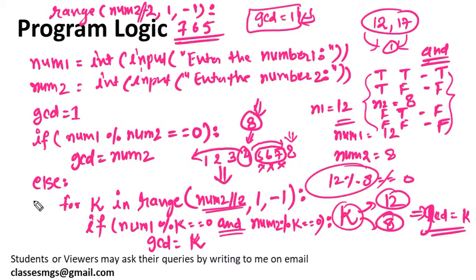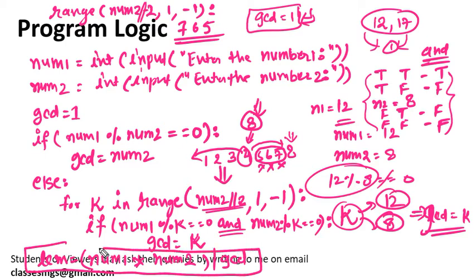Okay, so this program will calculate the GCD, and if you know the GCD, then very easily you can calculate the LCM. So LCM will be what? LCM will be number 1 into number 2, because you know the formula I have already discussed. If you divide this multiplication by GCD, you will automatically get the LCM. So here you are getting the LCM directly, and here you are getting the GCD.